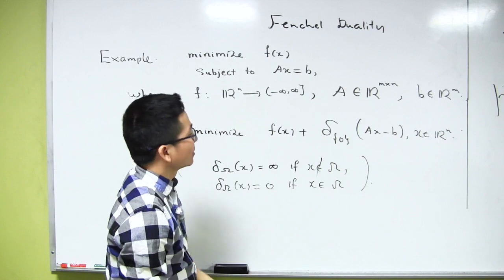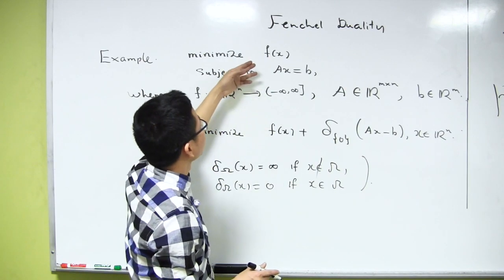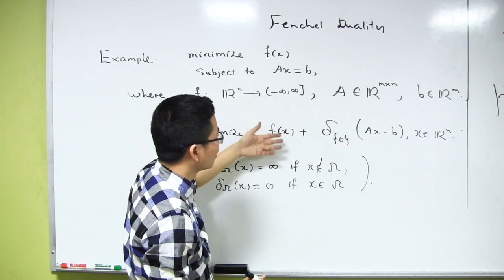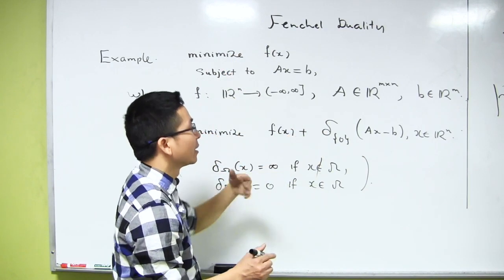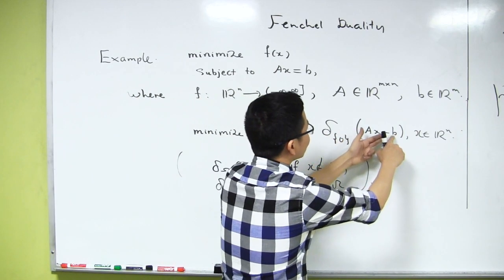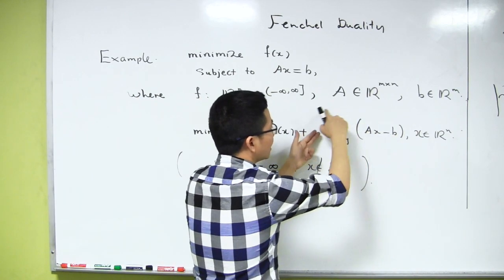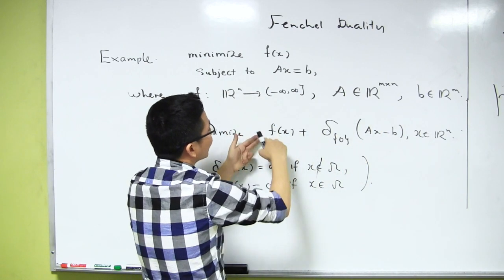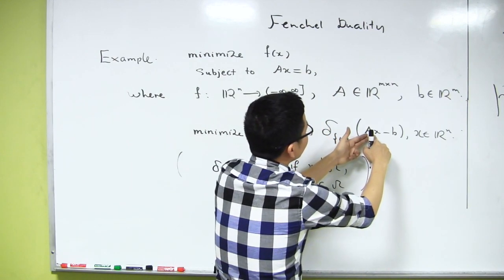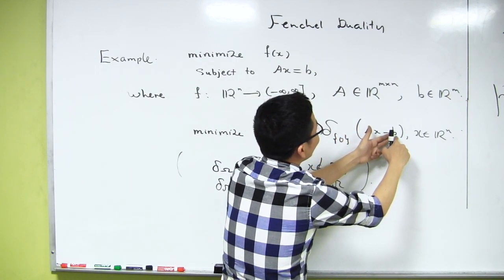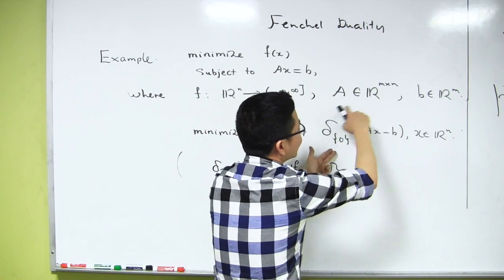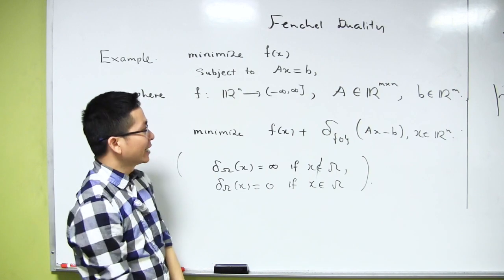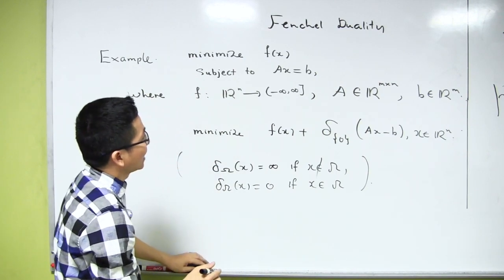So it's easy to see that x bar is a solution of this problem if and only if x bar is a solution of the other problem, because if Ax minus b is not equal to 0, this is infinity. So to minimize this function, we only need to minimize the function f on the set of all x such that Ax minus b is equal to 0, meaning that this is 0. So this problem and this problem are equivalent. In this case, we can apply the